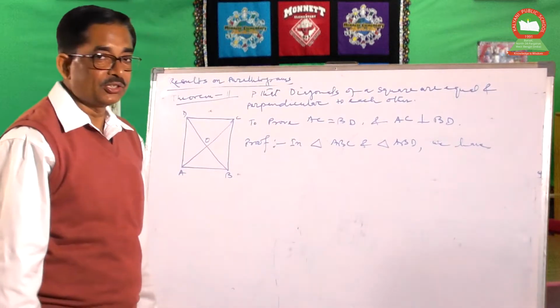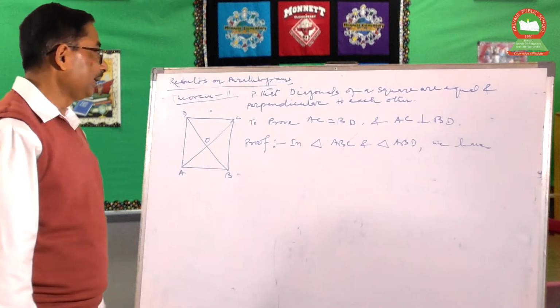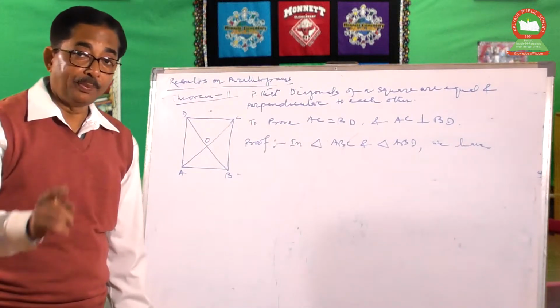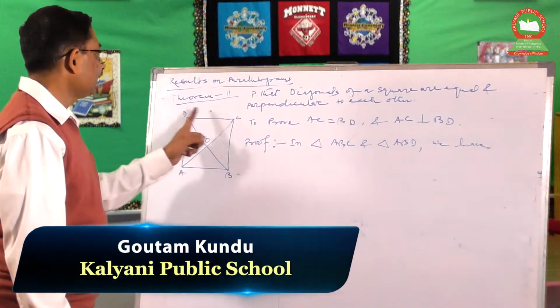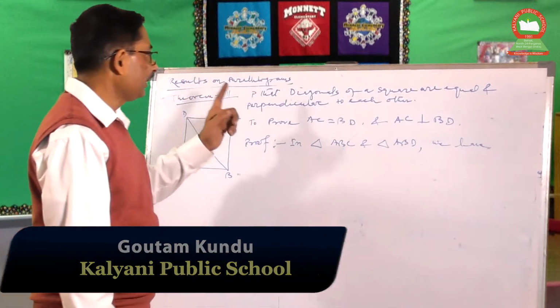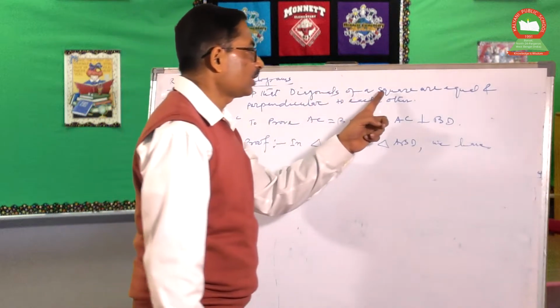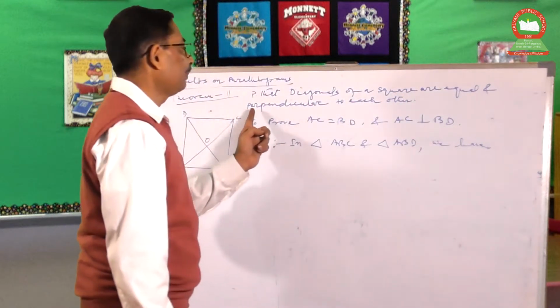Today we are showing you another property, or another theorem, on parallelograms. Suppose ABCD is a square. The theorem is: prove that the diagonals of a square are equal and perpendicular